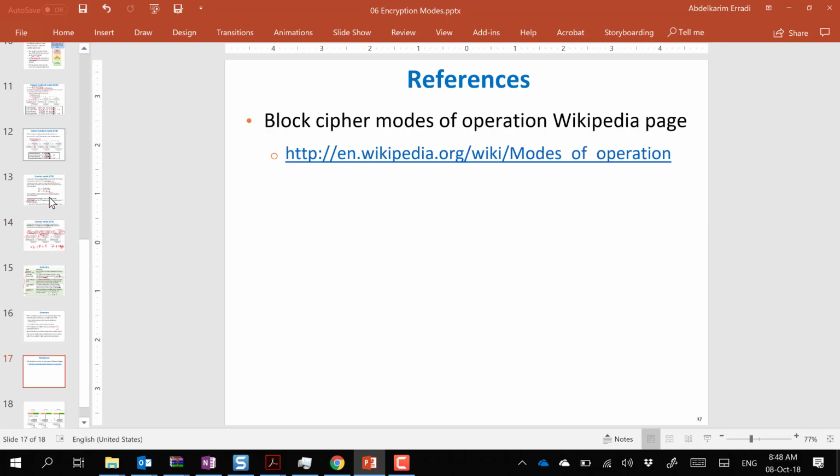Many of these diagrams I took from Wikipedia, and there's a Wikipedia link. It has all the details, much more than what I covered, but these are